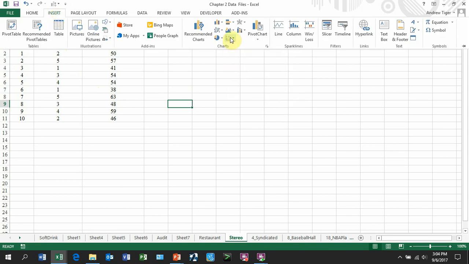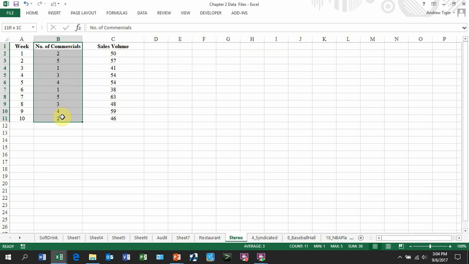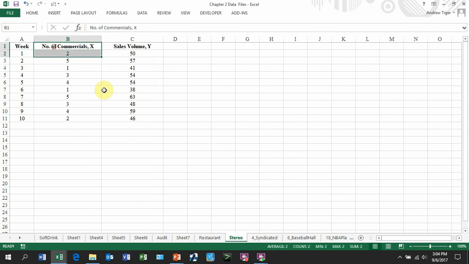So under insert, if I hover over this, you can see a scatter chart is also called an XY chart. The reason that is important is that you want to put your cause on the x-axis and your effect on the y-axis. What do you think that you can control is on the x-axis and the result is on the y-axis. So if I looked at these, this is what I can control, how many commercials I want to put out. This is the effect. So I'm actually going to really emphasize and say that's my x, this is my y, like that. So what I want to plot then